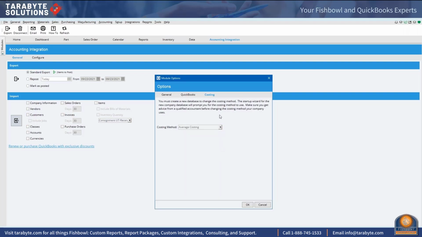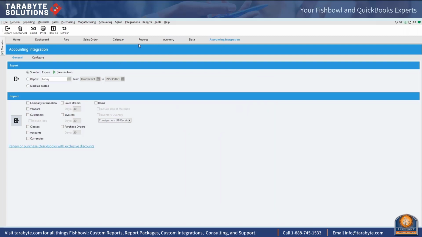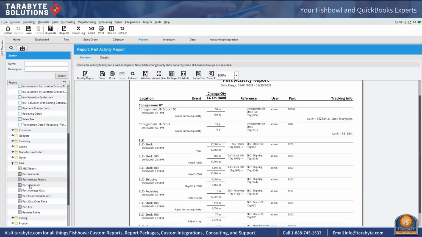If you want to switch to a different costing method, Fishbowl can do it, which is nice because originally there was no way to change your costing method other than to start a new file. I'm not 100% up to speed on what they can change from and to, but I've had several clients recently that did change from standard to average, et cetera. So they can make that change for you, and I do not know if they charge money for that. But once that's changed, then you need to balance out your inventory before you move forward. But I would make sure that you really are doing average, because here under reports, we have for inventory,